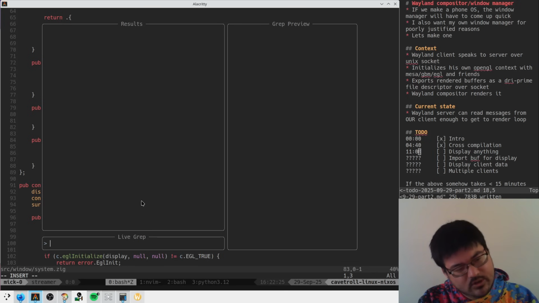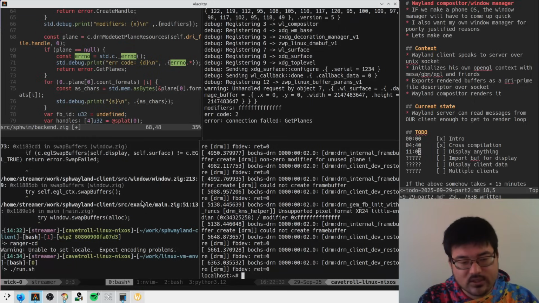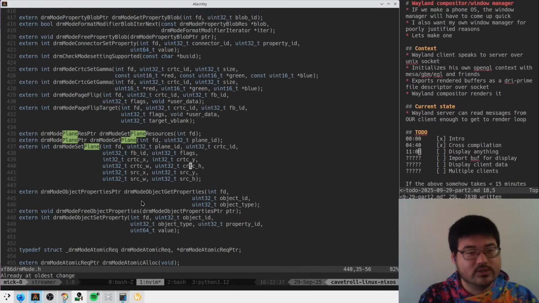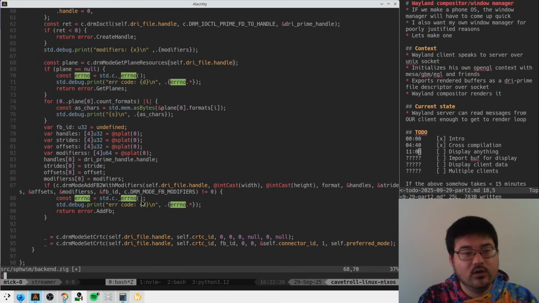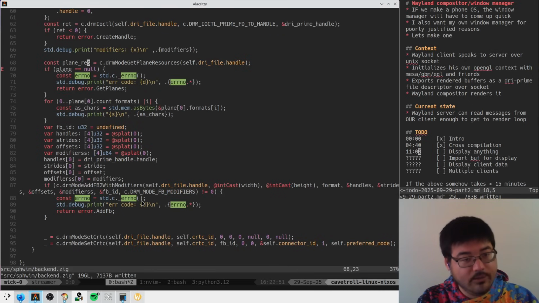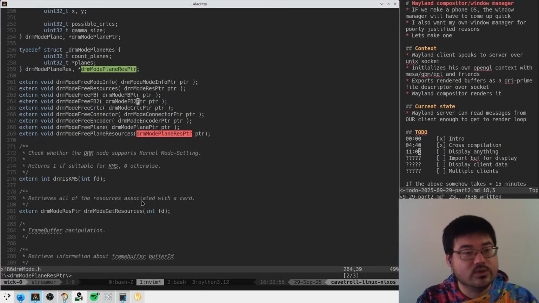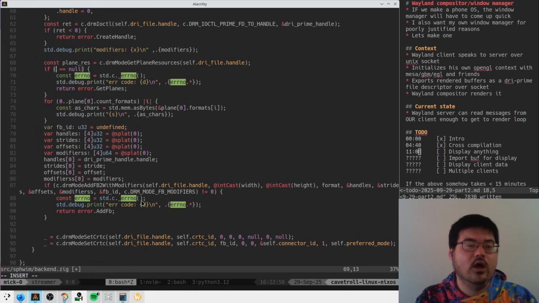Where was this? Get plane. So instead of get plane, we want to do get plane resources or something. Where was it? Get plane resources for this file descriptor. Plane res. Okay. And then we can look at this, which returns count planes and planes. So